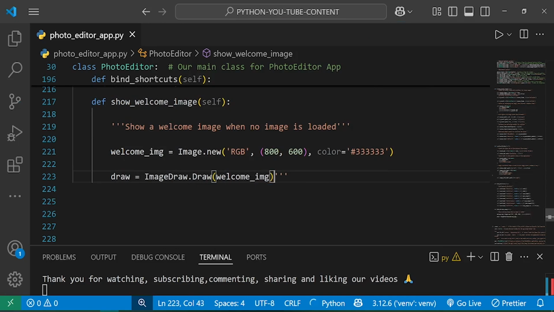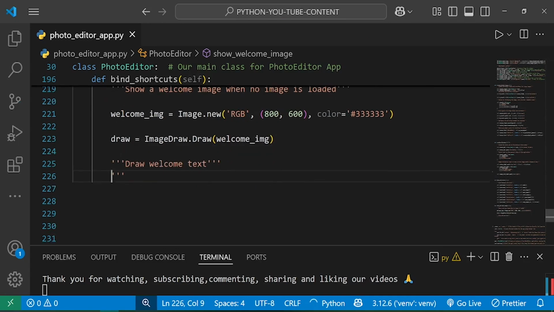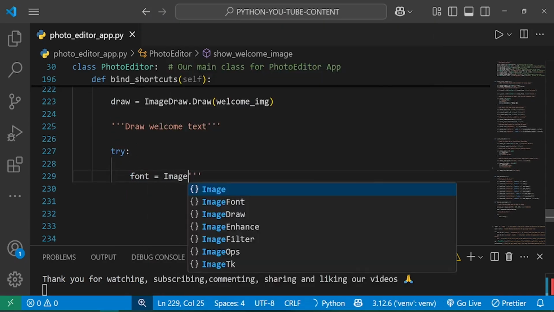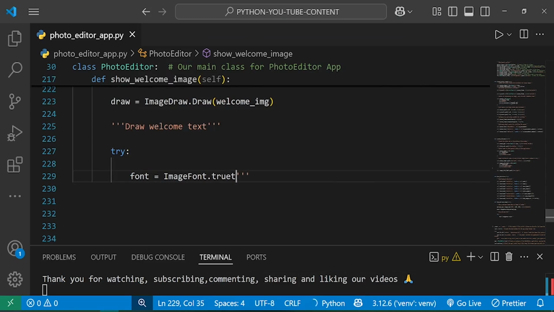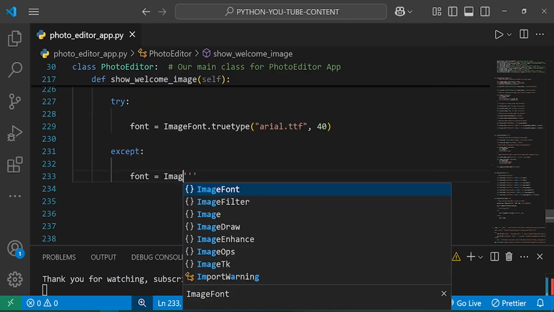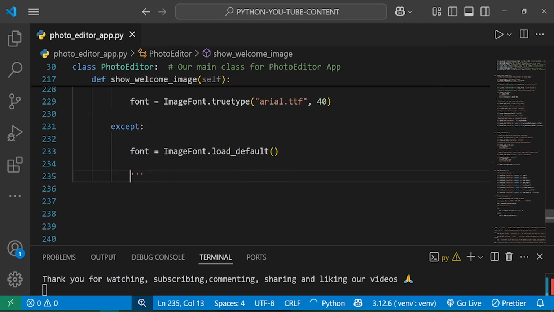And we need to draw. We use the draw function, ImageDraw.Draw welcome image. So let us try. Font is equal to ImageFont.truetype Arial.ttf and font size of 40. Except font is equal to ImageFont.load_default, and text will be